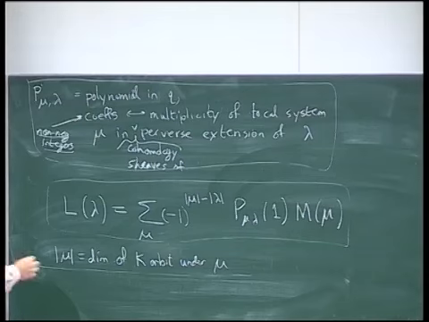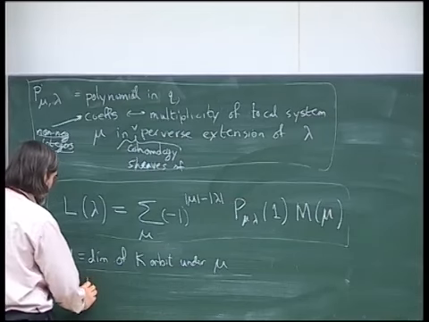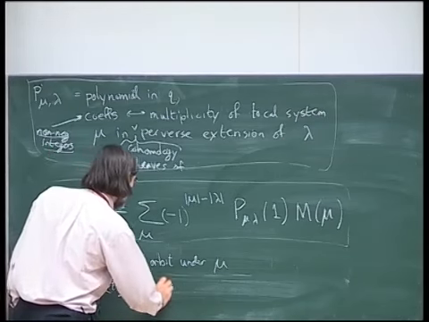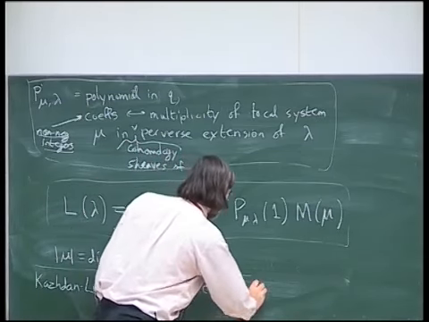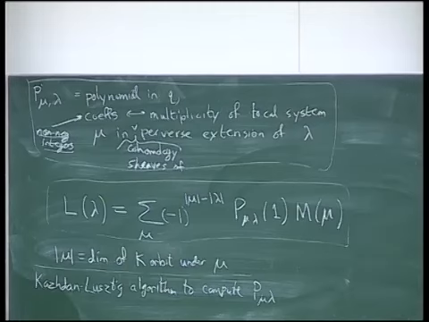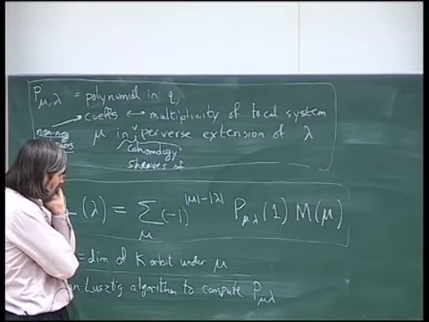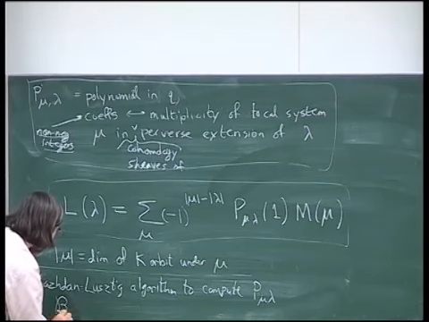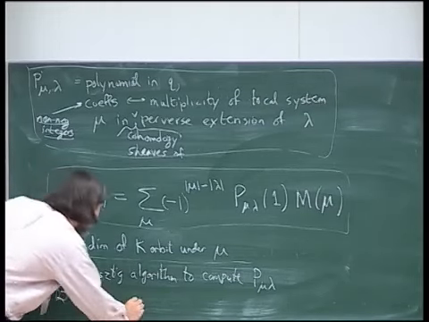What happens is there's an algorithm to compute these polynomials, and what it's based on is, you have, so